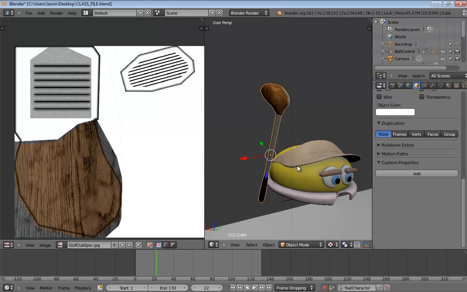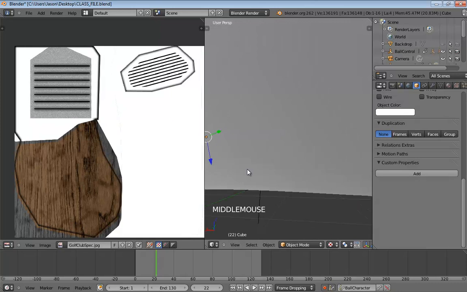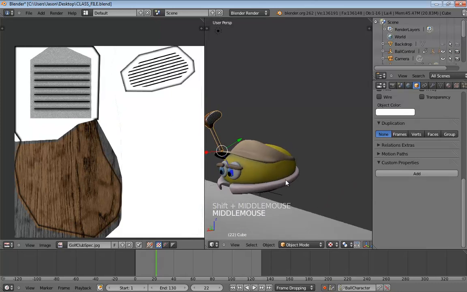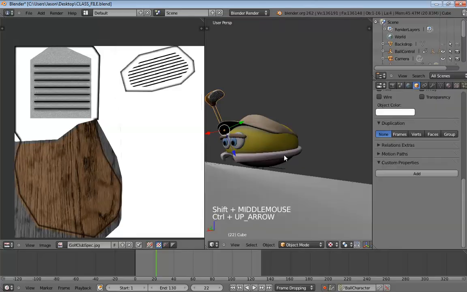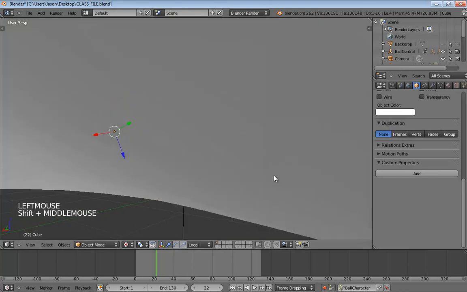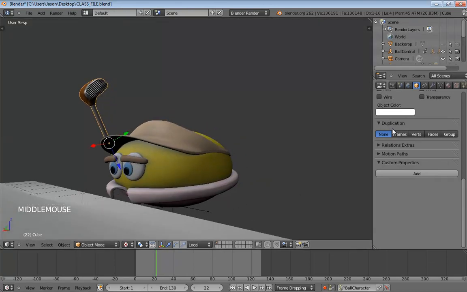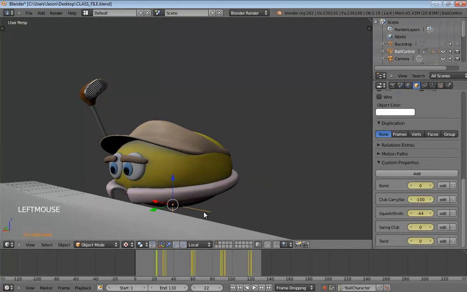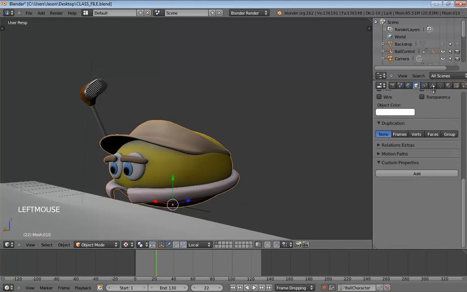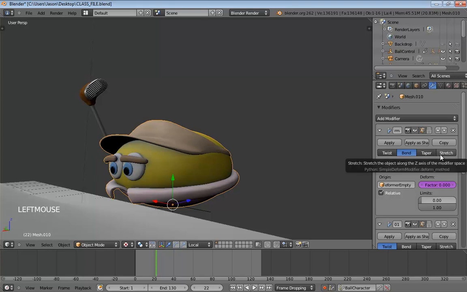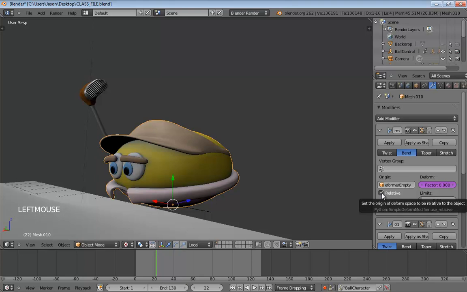Somebody said, can you please show again what the bend property does? I'm still having massive problems with my bending orientation. Well, the bending is going to give you headaches if you are not careful, mostly because of that orientation issue. You have to remember the purpose of the bend modifier is to bend around the Z-axis. So what you actually probably need to see more than anything is the following. First off, the bend itself is attached to a deformer, so it has an origin deformer that is set to relative. Both of those are hugely important.